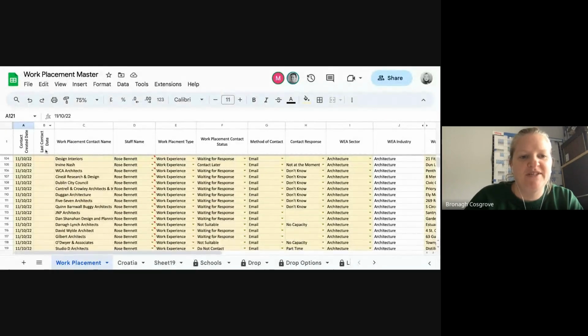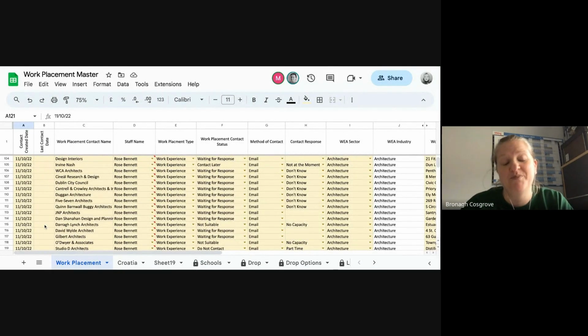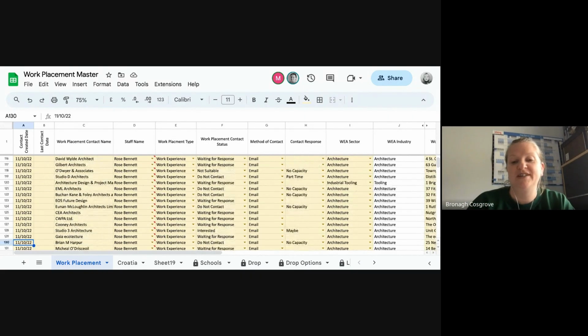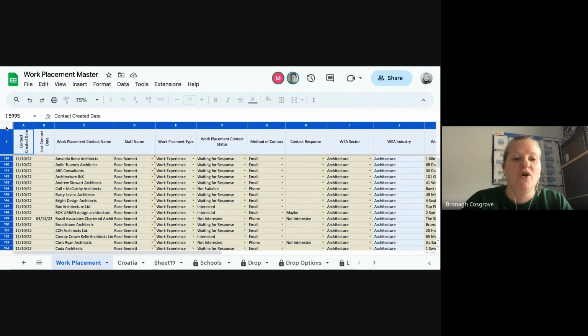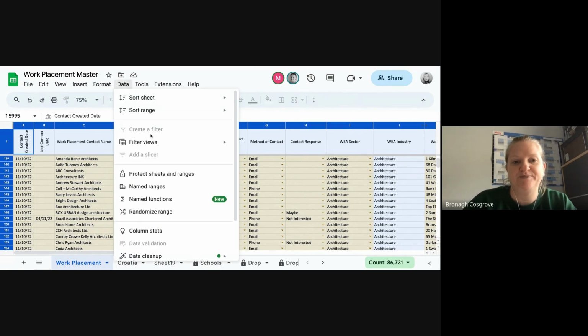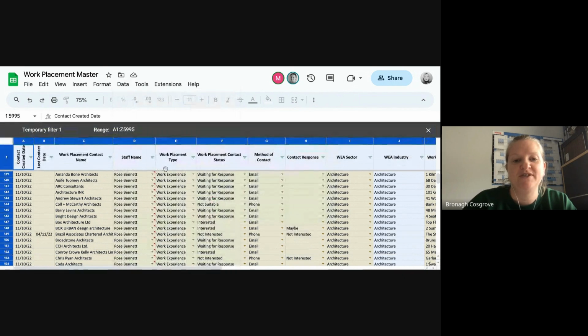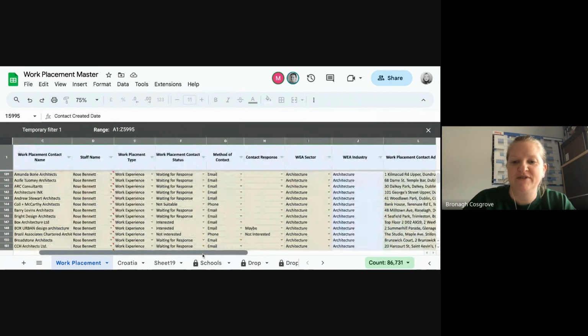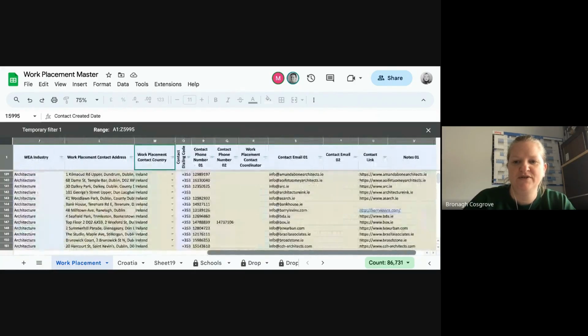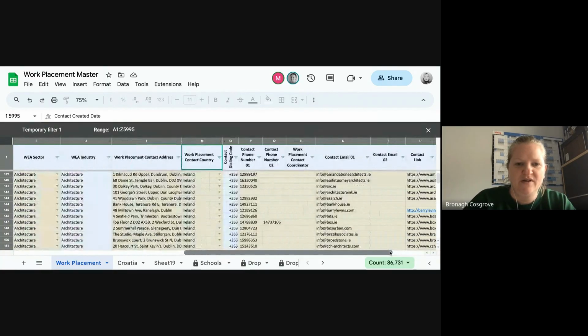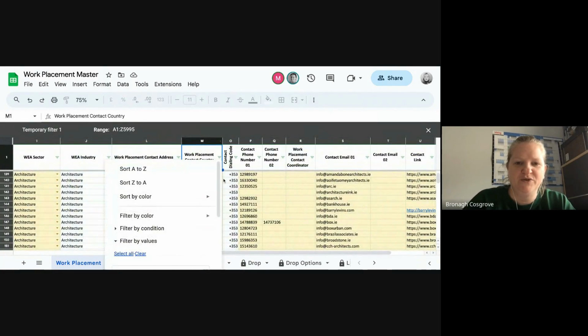So we have this spreadsheet, called the Work Placement Master. This is predominantly ours for the placement of students. For example, if someone came in to Dublin and said, I want to place 15 students in a hotel, I would filter this as an initial starting point. Sorry, it's glitching there. I would filter it to